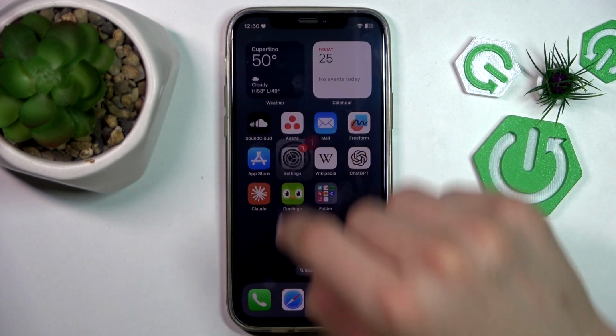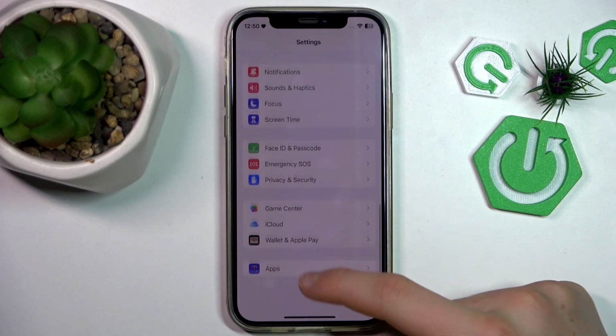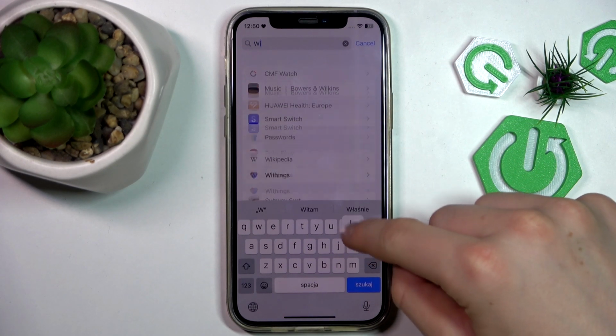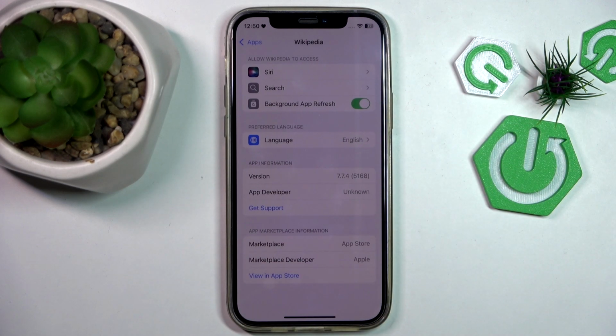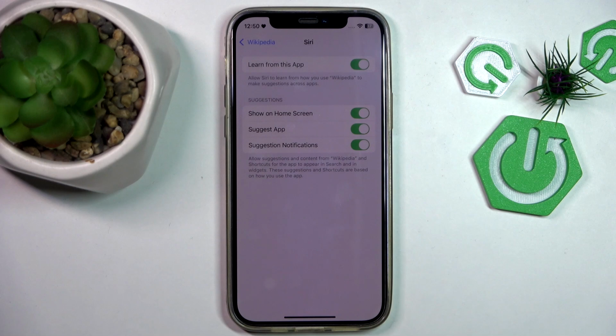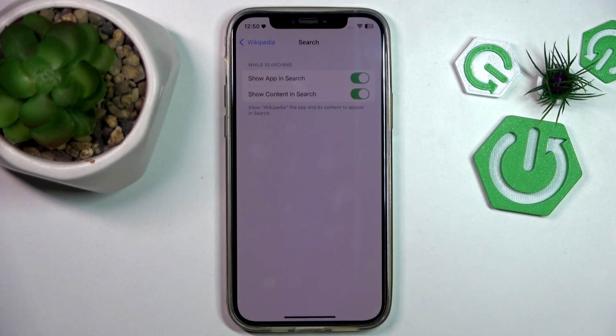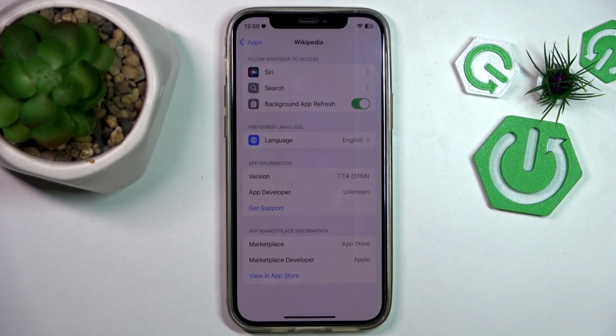So first way is just go to the settings, scroll all the way down, go here to the apps, go right there, search Wikipedia, and here you want to set every setting on default. Like here, Siri, that's the default right there. Search default, background app refresh on, and language change you can change, you don't need to, doesn't matter really. And after that, if you have still some issues,